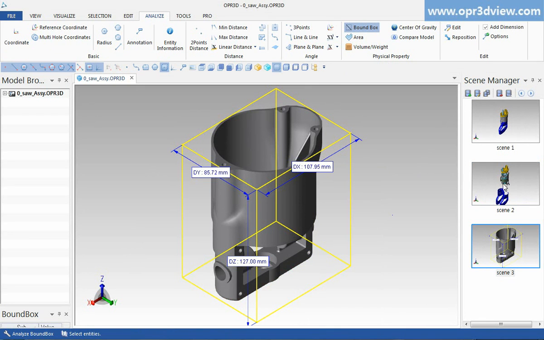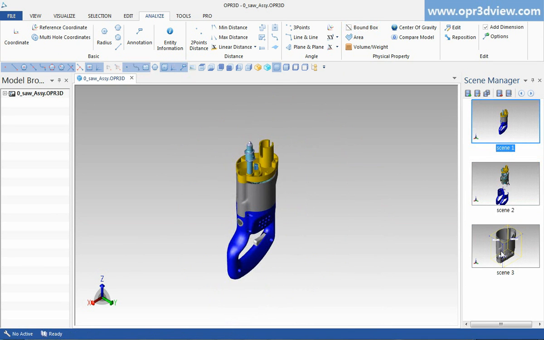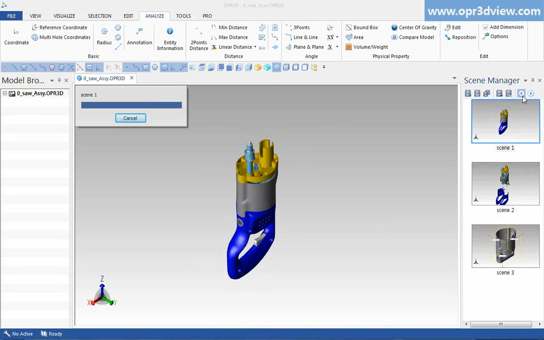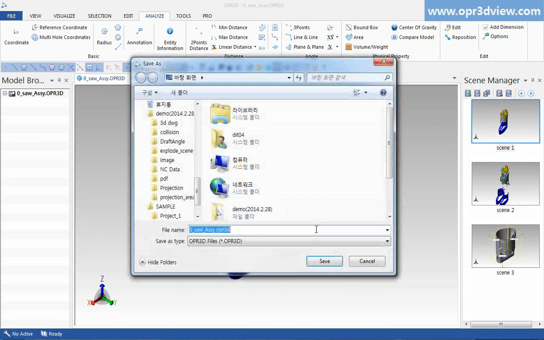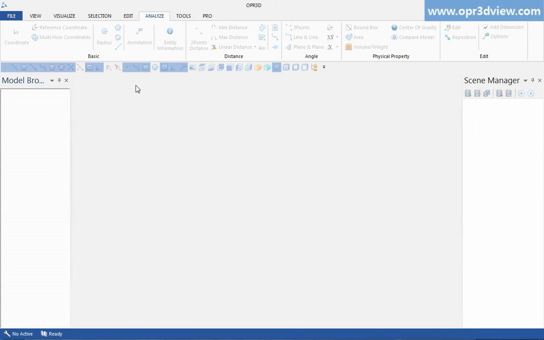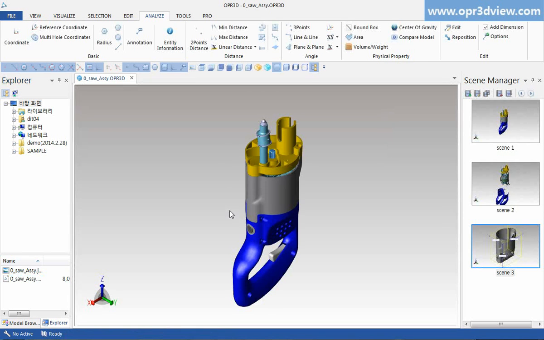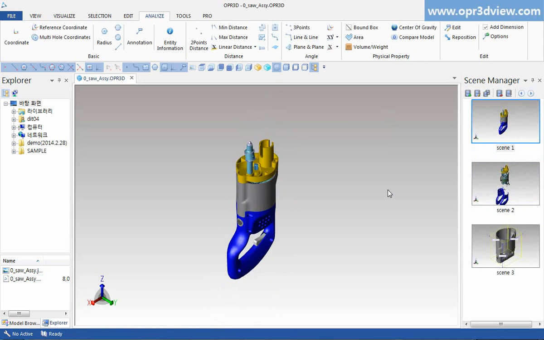Lastly, when you select a scene you have saved, it is immediately moved to the work state that you just worked in, so it can be conveniently used. Moreover, when you press the play button, it cycles through the scenes that you have saved, and creating video files is also possible. When you save a generated scene as the OPR3D, that registered scene will also be stored. When you load the OPR3D saved file again, the saved scenes are displayed. Because it can be moved to the work state by selecting this, it can be operated more conveniently and